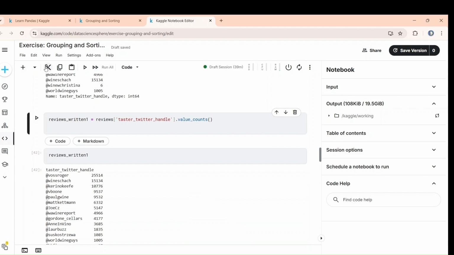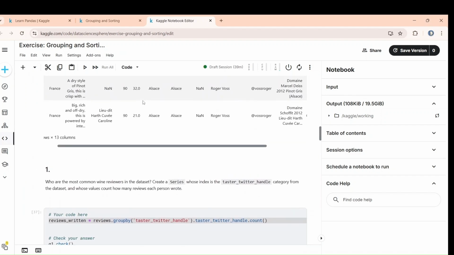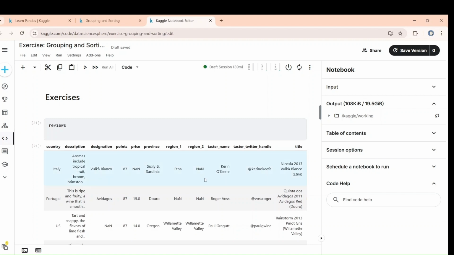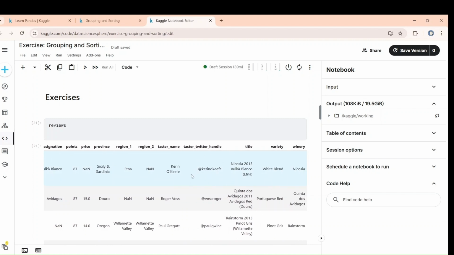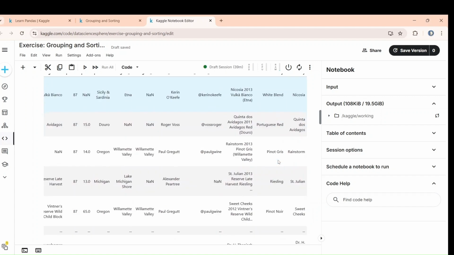So what it does, let me show you this one, the table. So in value counts, what it is doing, it is first taking this one. Now it is trying to find where this value is existing again, maybe in the third row or maybe in the fifth row. So it is just counting the total number of rows where this particular data is appearing. That is done in the value counts. So it is counting that it is in first row, it is in fifth row, it is in seventh row. So total 1 plus 1 plus 1, three times it is appearing. That's what is done in value counts. But